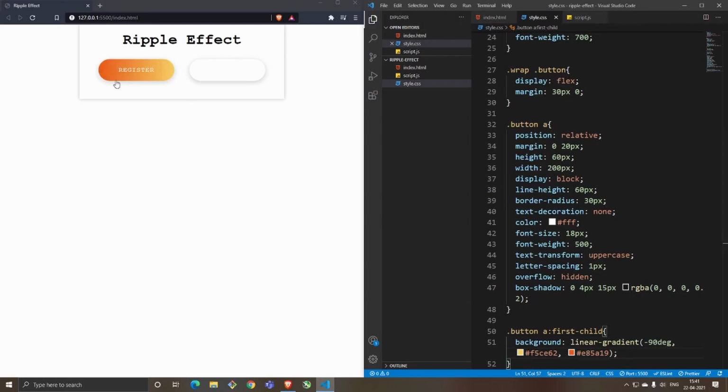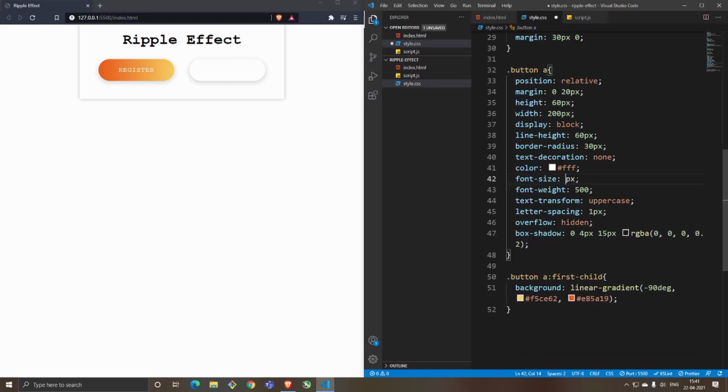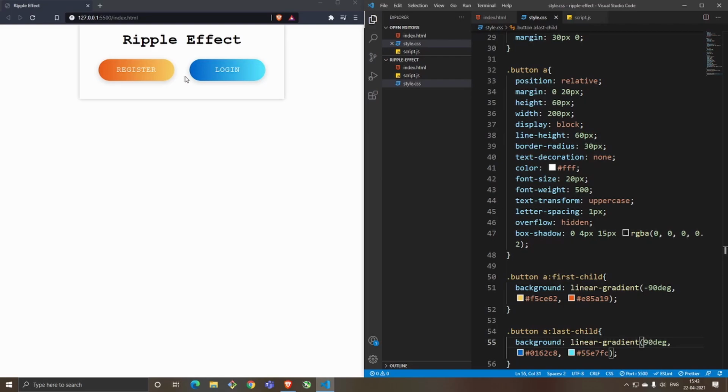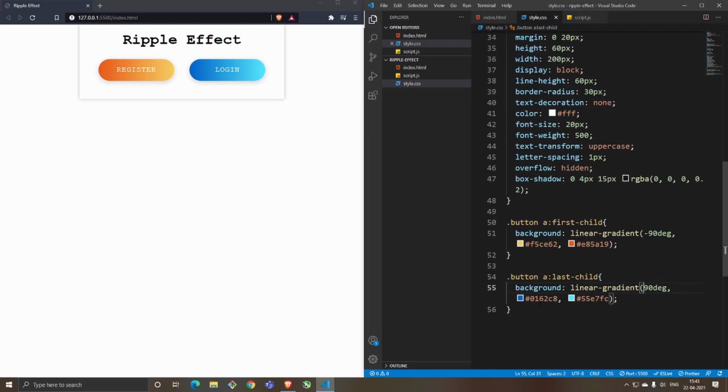Once you give it, you can see the text is there, the font is there. Since the text is white in color, you have it shown outside, and the background is a bit different. I think probably if you go ahead and increase it a bit more, let's say 20 pixels, so you have a text bit. So first we did it for the first child, and we only have 2, so since there's nothing called the second child, we'll go ahead and use the last child, which is the second one. And we'll give another background color for this, with the linear gradient of the blue: start off dark from the left and finish off light on the right side. That's how the 90 degrees works.